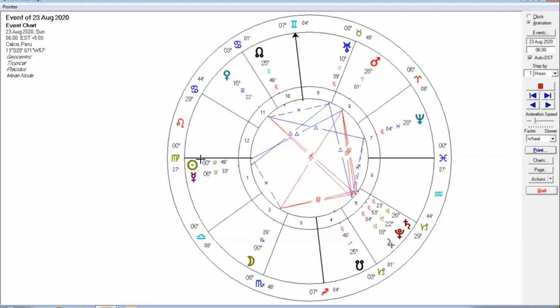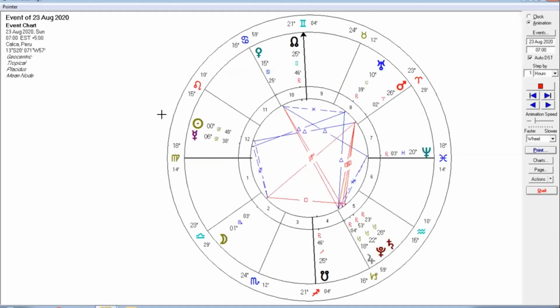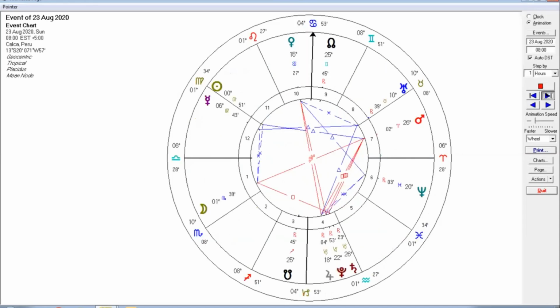But in this other cycle, here we are at sunrise, 6 a.m. You know it's sunrise because the sun is right on the ascendant. So watch the sun and all the other planets as I move the chart forward 1 hour at a time. So 7 a.m., the sun has risen up to here. 8, 9, 10,